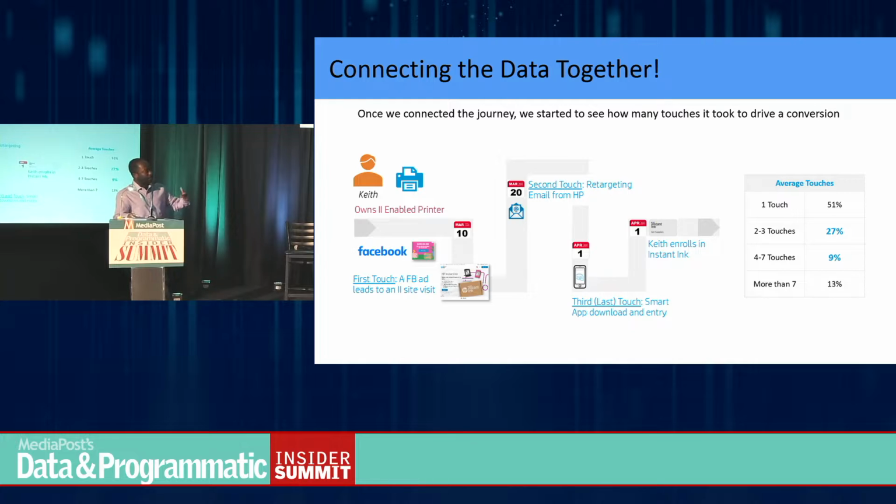So based on that printer ownership, we detect that there is a need for ink, right? So then we send out that display ad. In this case, we chose a social ad, and that would act as the first touch. And then based on the journey to our page, we retarget them with an email. And then it could also be a display ad, right? So these touch points are just examples, but the different media can be different. In this case, we use an email. They come onto the site, and then the curiosity drives them into that last touch to then enroll through the